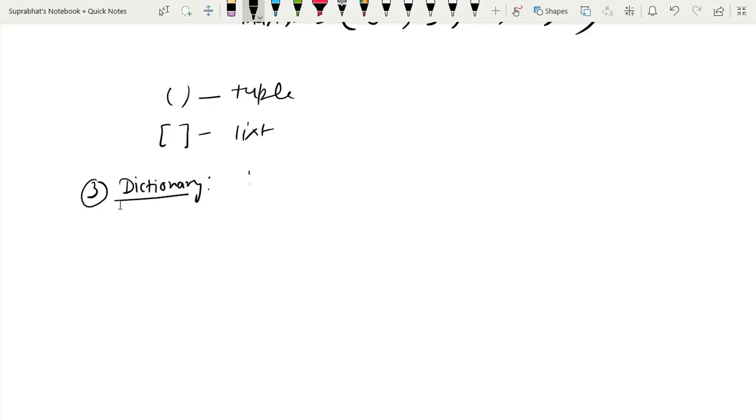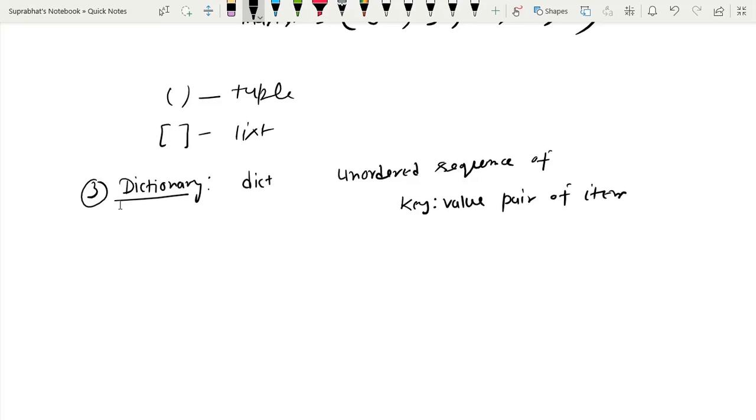देखिए डिक्शनरी डेटा टाइप में हम डिक्ट कीवर्ड करके आएगा आपका, इसका टाइप जब चेक करेंगे डिक्ट, दैट इज डिक्शनरी को शो करता है। ठीक है, ये क्या होता है? अनऑर्डर्ड होता है। और सीक्वेंस ऑफ की कोलन वैल्यू पेयर ऑफ आइटम्स। इसको आप कैसे समझेंगे? अनऑर्डर्ड सीक्वेंस ऑफ की कोलन वैल्यू पेयर ऑफ आइटम्स।